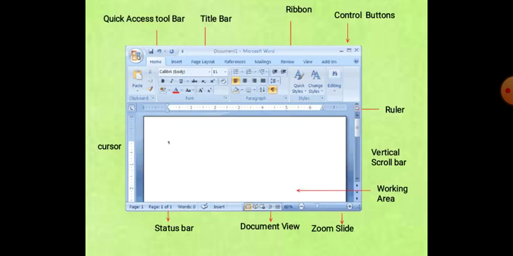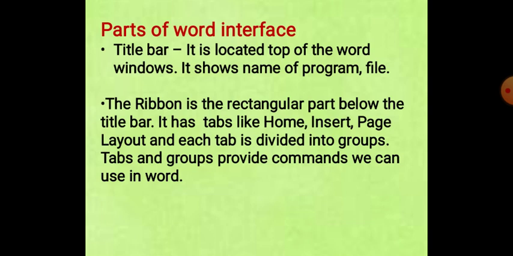This is the Word window. As you can see, there are various components that we are showing. Now we will understand each of them one by one. First we are starting with the title bar. The title bar is located at the top of the Word window and shows the name of the program and